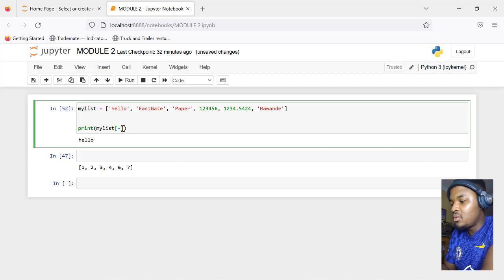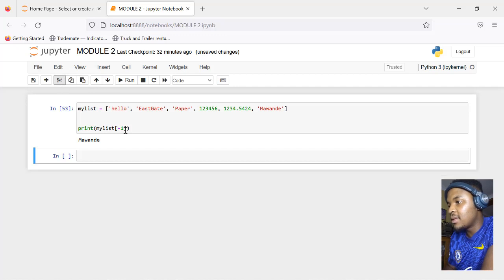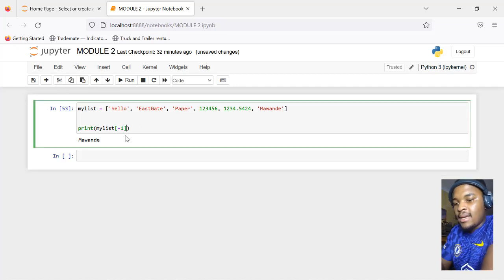Remember, I told you a quick way to do that is index -1. It gives me my name that's there at the end. So let me delete the cell so it stops confusing us. Cool. Now, slicing. Let's say I have a list and I want